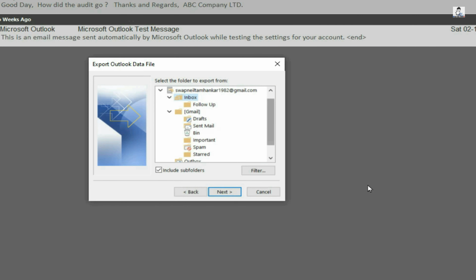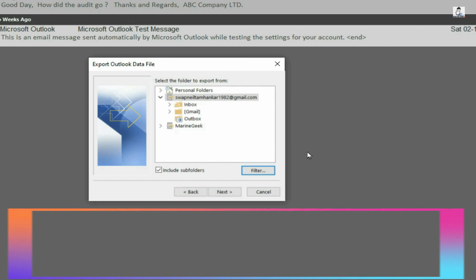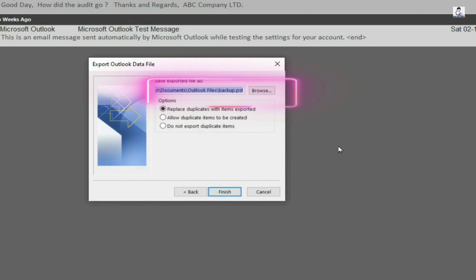Do not select any particular folder. There are many options, but I would suggest you just ignore these kinds of options or the advanced menus over here. Select the top option of your email. Change the address to a portable drive or a USB storage, and that's it. No password and you are good to go. You have the particular backup for your particular system.